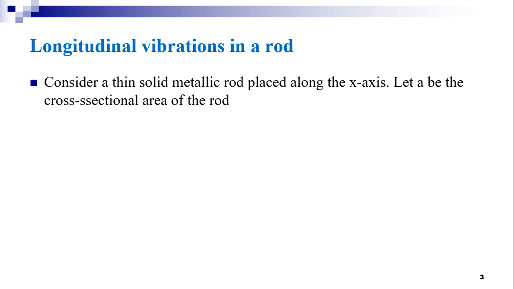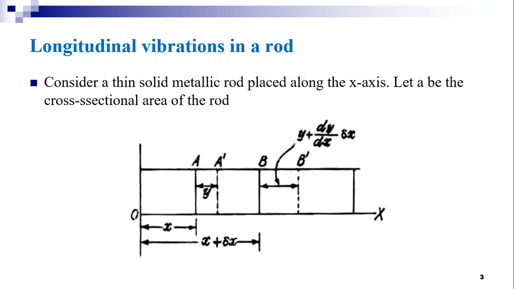Let us consider a thin solid metallic rod which is placed in such a way that the axis of the rod coincides with the x-axis. Let A be the cross-sectional area of the rod. Here in the picture, you can observe the rod is placed along the x-axis,